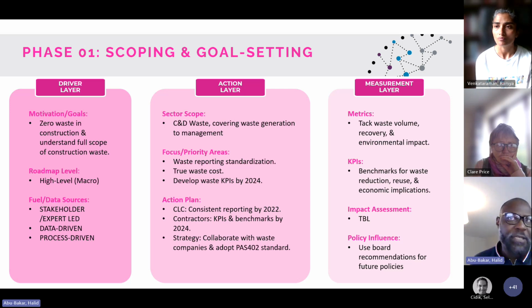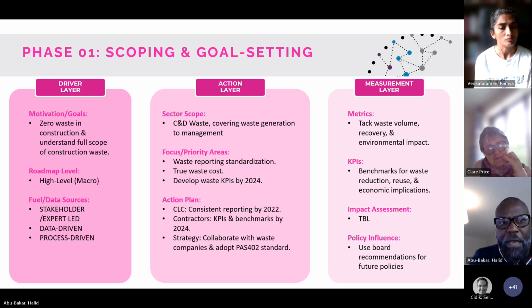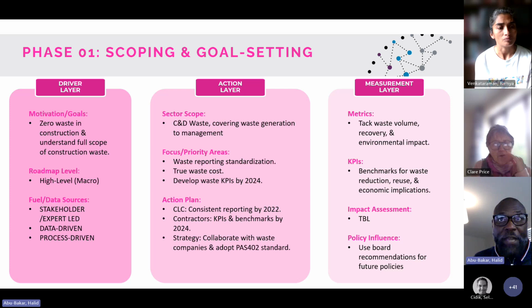So we'll call the parameter settings. So we look at the goals. So the goal essentially achieving zero avoidable waste, and understanding the generation and true cost of waste. So it's part of the goal. So this, we could say it's an environmental sort of motivation behind. We can give that overarching motivation or goal. And then the roadmap level is quite high level, which is essentially waste in construction and demolition. It's really, really high level. So I would say this is a macro type of roadmap.